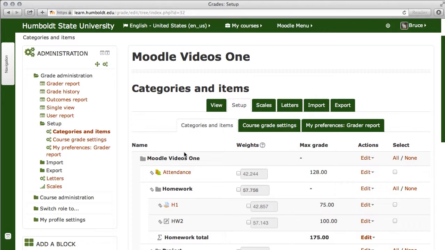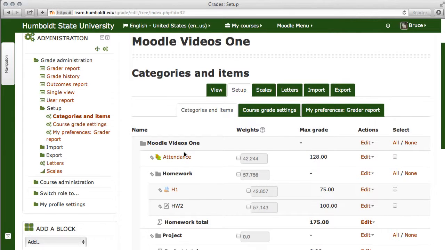I would use these in the case of homework number 1 is something the whole class is going to write and turn in. Homework number 2 is someone's going to give a project or a presentation, and you're going to manually take notes, give them a point value, and then enter that into the grade book. If you want the students to have access to the quick grading feature, you're going to want to link your assignments on the front page.